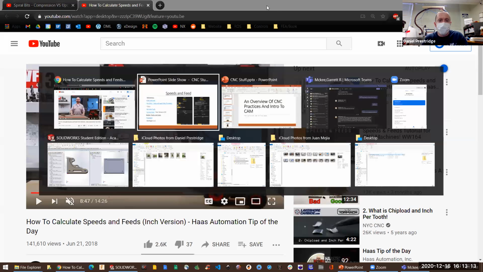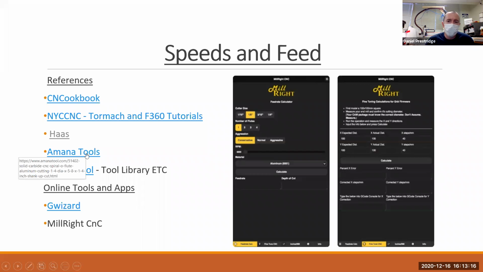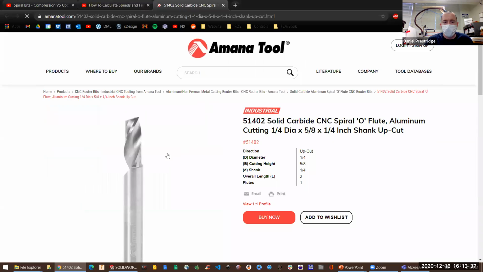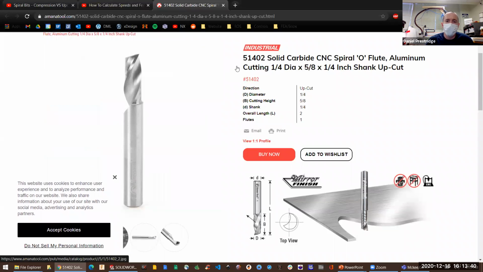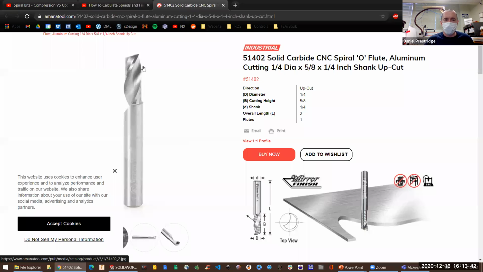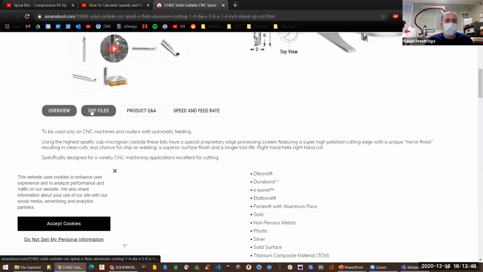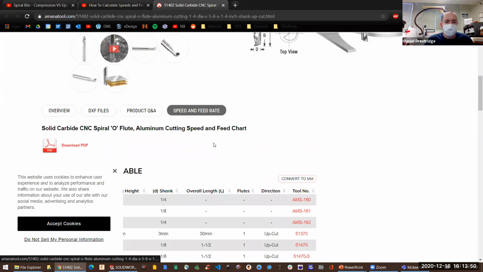On the other side of that is being able to look at the websites from the manufacturers and finding out what they recommend, because although they're usually pretty ambitious with the speeds and feeds that they recommend, it's still a really good starting point to maybe divide it in half or something like that. So this one is a company called Amana Tool, and they make really good stuff. Again, O-flute, like my favorite thing for aluminum,